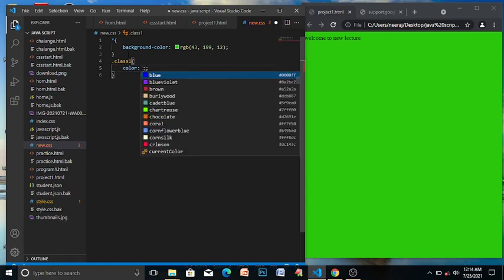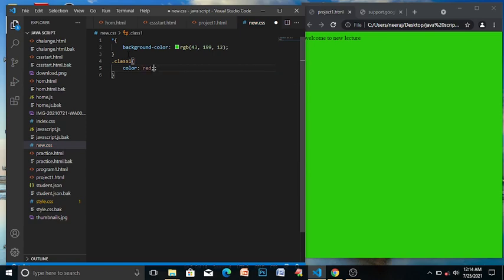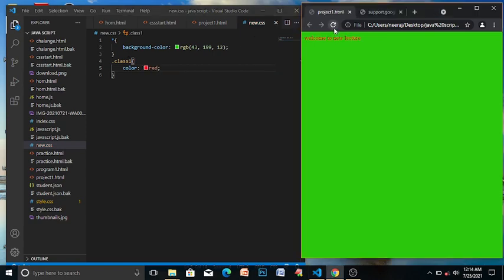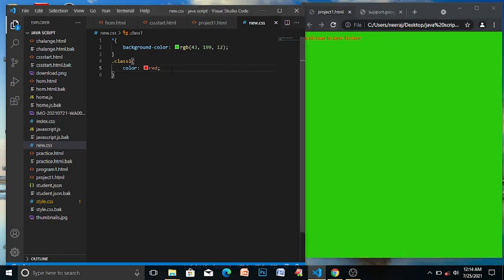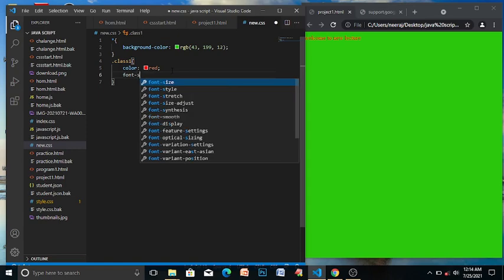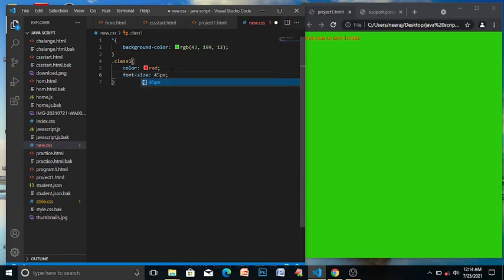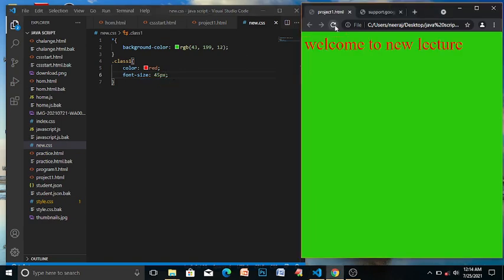Color red. Boom, the color has changed. Let's increase the font size to 45 pixels. Save it. Now it will be good. You can see the color of the font has also changed.